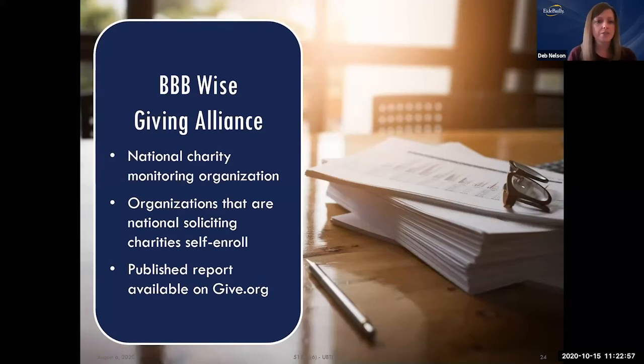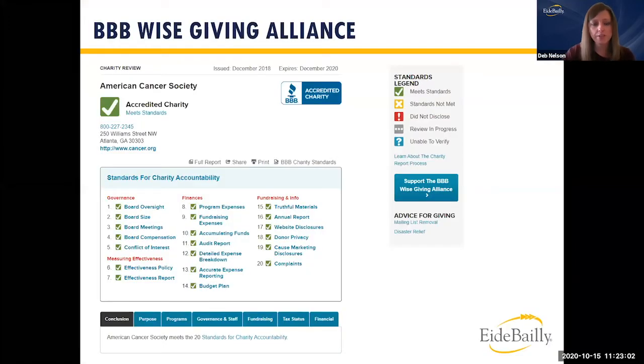So these are really the three primary sources to have some awareness on. And when you go out to their site, this is what it would look like if you were searching for the American Cancer Society. So they use 20 standards, and they're grouped into different categories that you can see there. And each standard is assigned a finding. So you're either going to be reported as meeting the standard, not meeting the standard, did not disclose, or that it's still being evaluated. So whether you believe that people care about these ratings or not, I think it's still important to at least have the awareness of how you are appearing to the public.